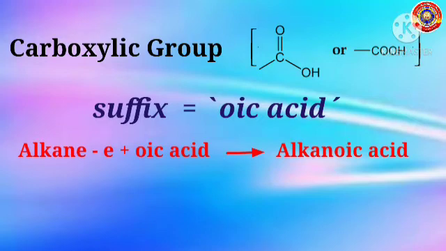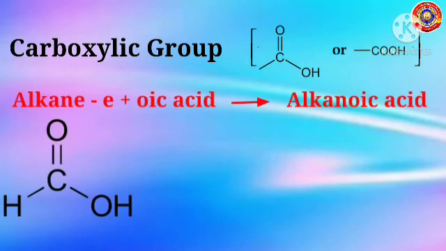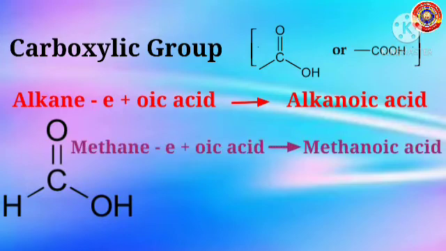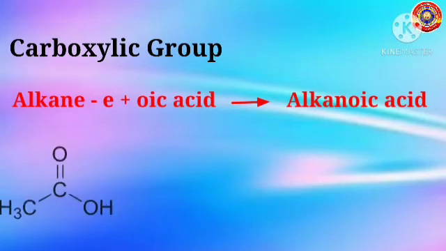Always remember, if the functional group contains a carbon atom, that carbon atom also should be treated as a part of the main chain. For example, consider the alkanoic acid HCOOH. There is only one carbon atom in this compound and that carbon is a part of the main chain. Hence, the IUPAC name of the compound is, as per the rule, methane minus E plus oic acid gives methanoic acid. Consider another alkanoic acid